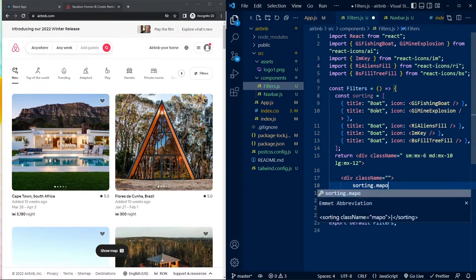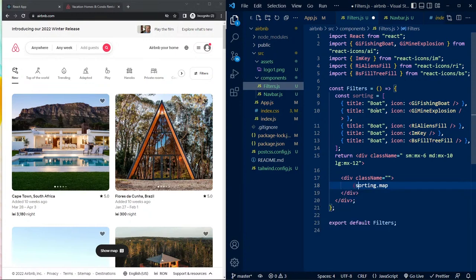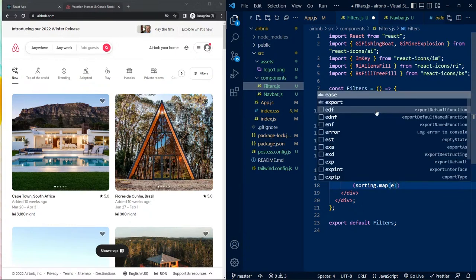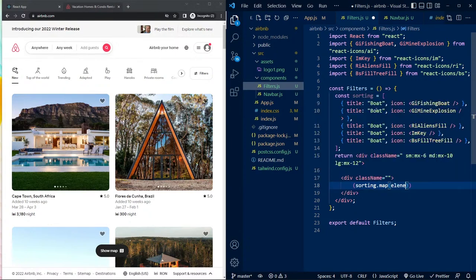Yes, so we want to map through them. Let me add this inside like this. So sorting dot map, and for each element or object, you can say object. It's not important how you call this. We want a